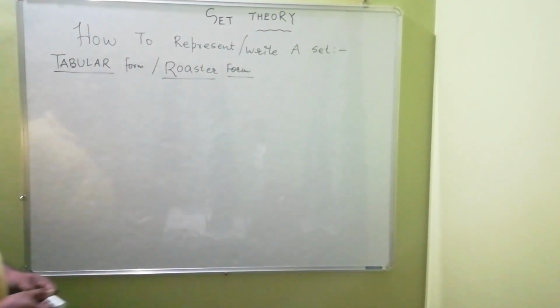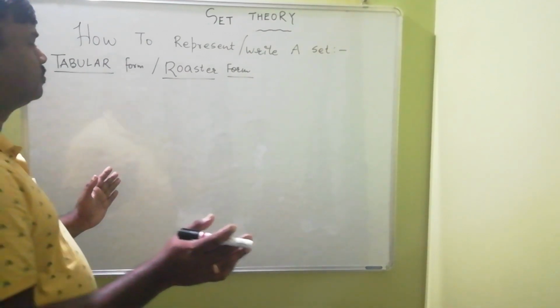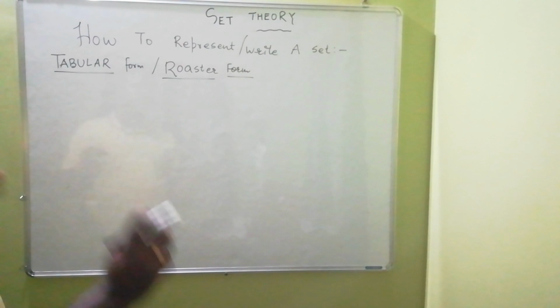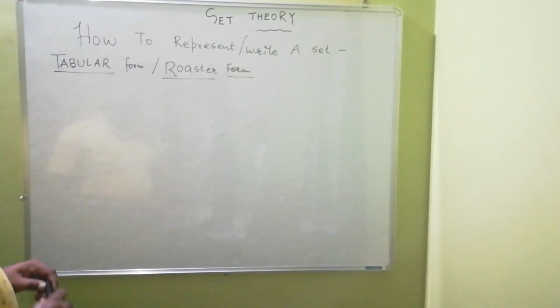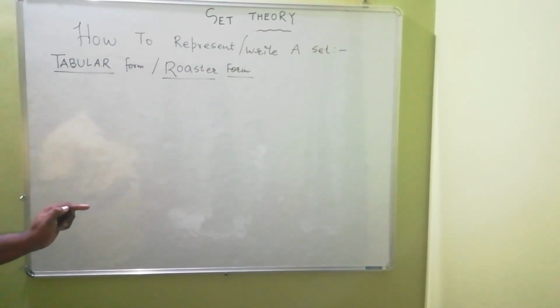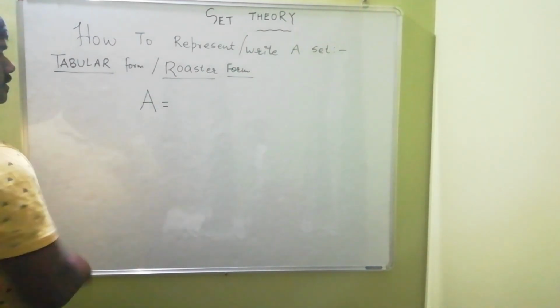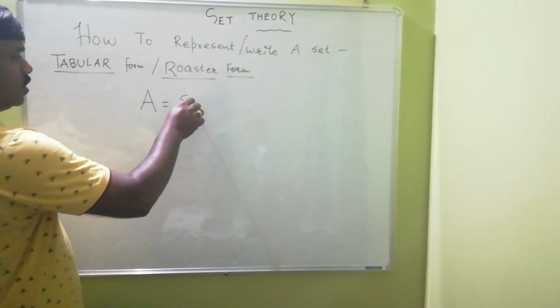So the way of writing the elements of a set in tabular form is that we represent the elements or the members of the set separated by commas inside the curly bracket. Like suppose A is any set and this is the set of